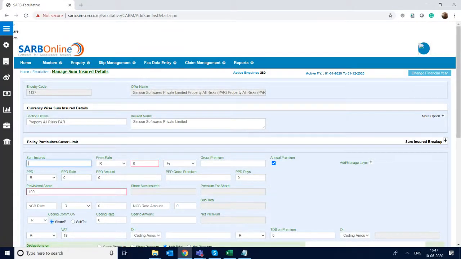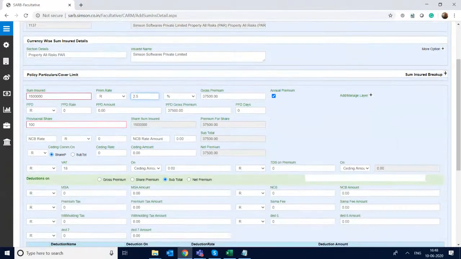So I put some sum insured. And the premium rate is say 2.5%. So my gross premium is there.